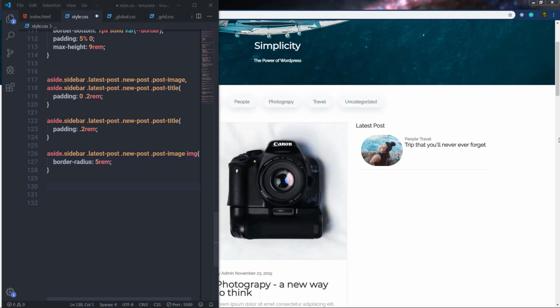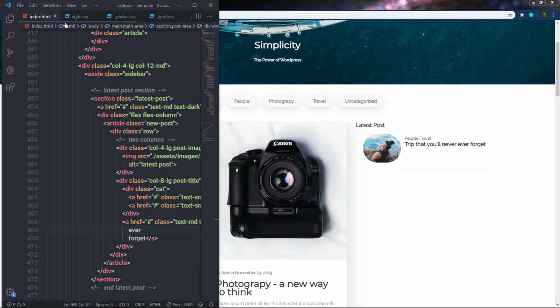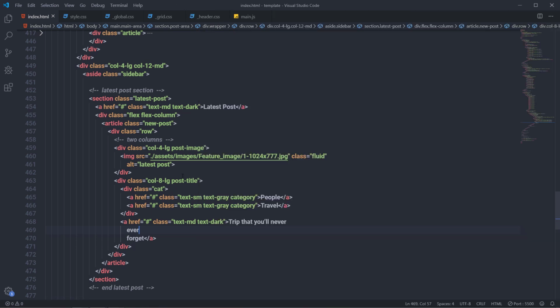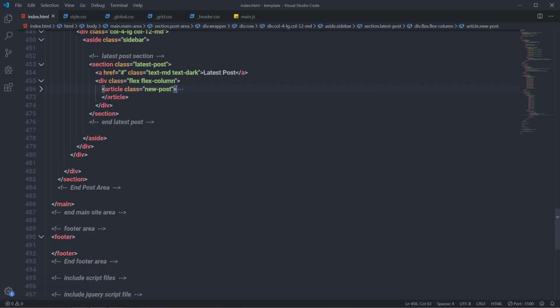Now just after that, let me change this padding. I'm going to change this padding to padding 0.6. Save the changes. So this will add some space between this post image and this title. Now let me add a few latest posts here. So I'm going to go back to my index.html file, and right here I'm going to add a few more articles here. So I'm going to copy this article tag,